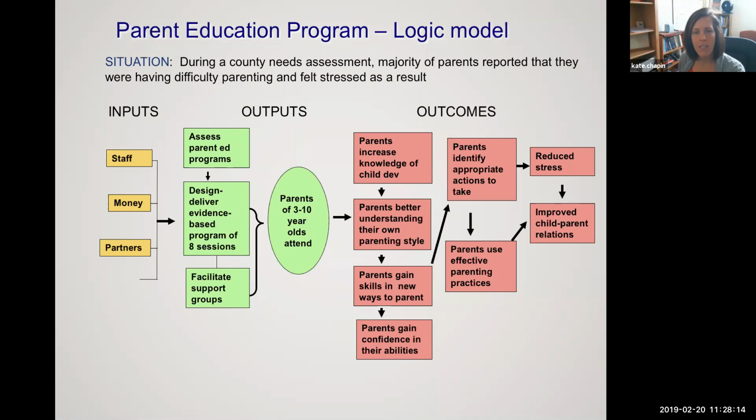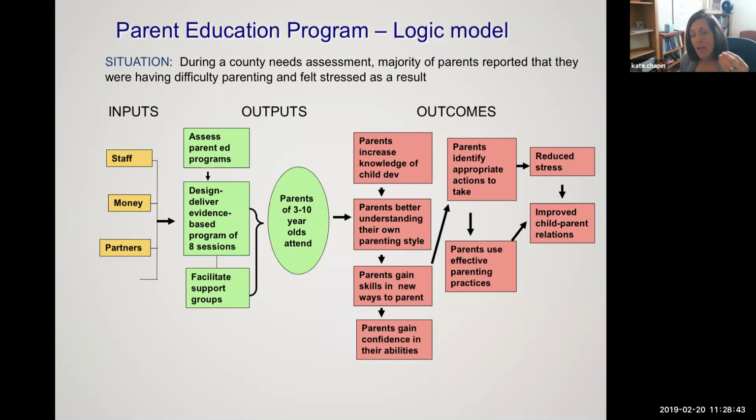And then moving over to outcomes, these are the specific changes that may result from your program's activity or intervention. Oftentimes people will break this into short-term, medium-term, and long-term outcomes. Examples here are that parents will increase their knowledge of child development, understand their own parenting style, gain new ways to parent, and gain confidence.